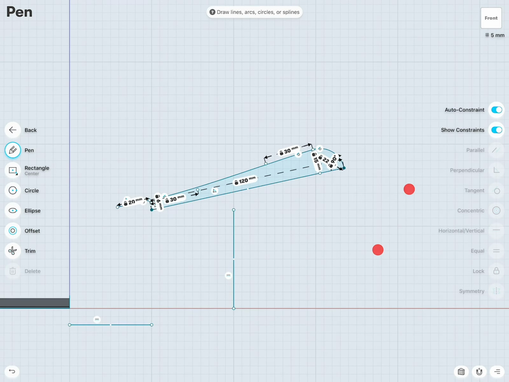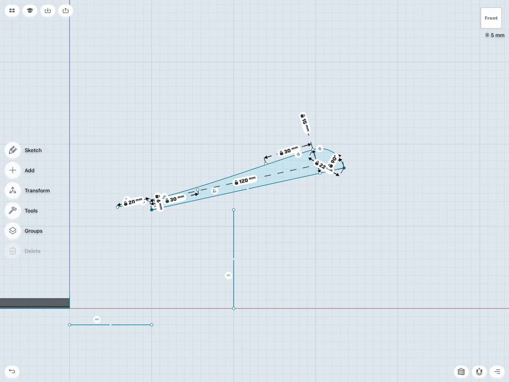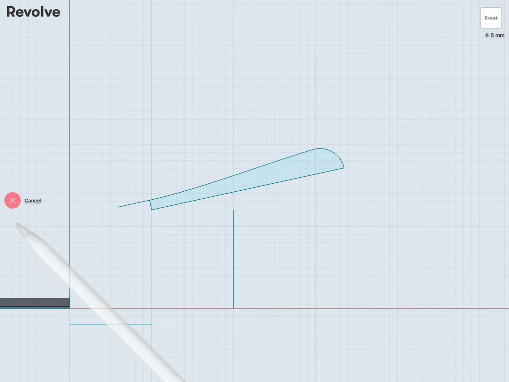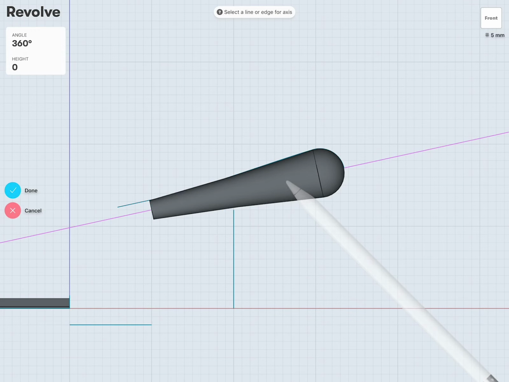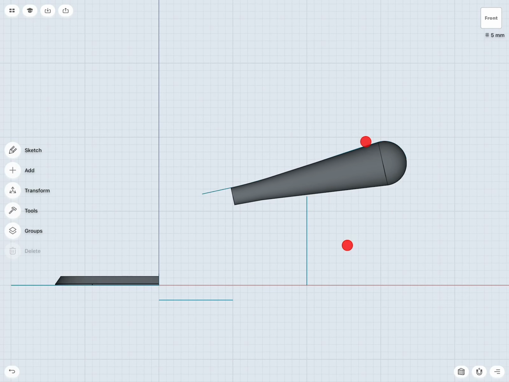Yep, there we are, back. Okay, so you see two values needed to be adjusted. Let's do the revolve one more time. Yeah, that feels better in my hand. Very good. Now it's time to create the connection between the